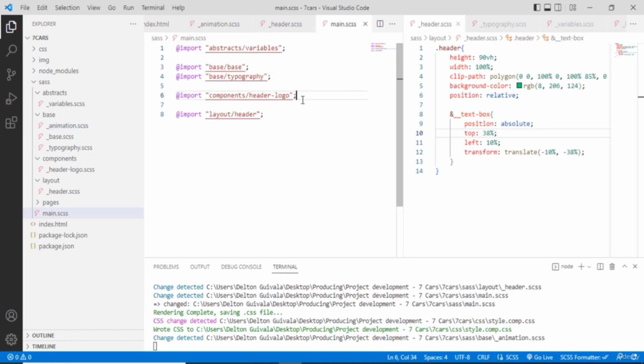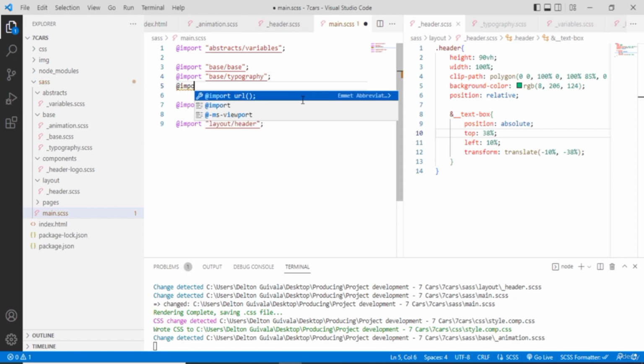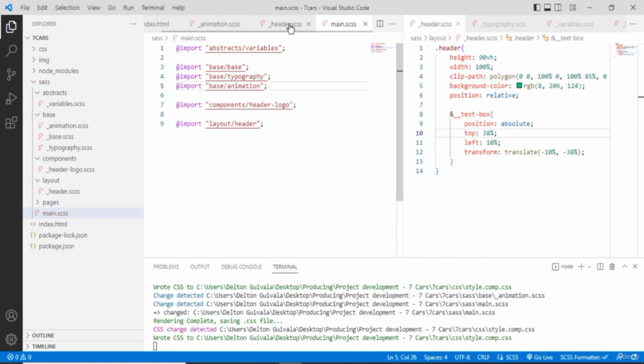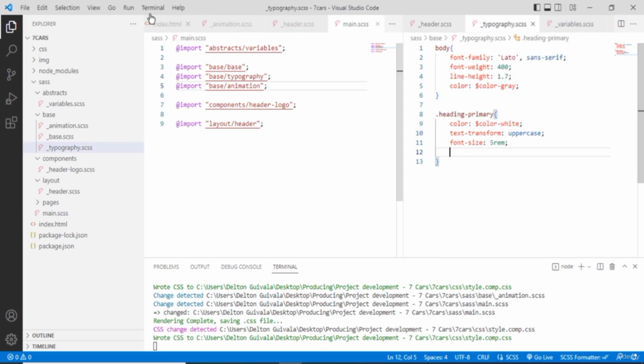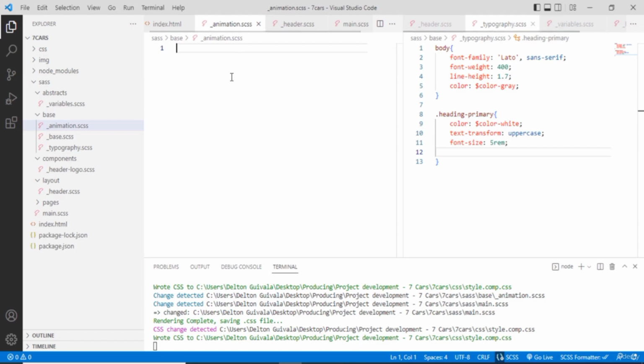You know what? Just to import base, so I'm going to say import base animation. Okay, nice. I have here my typography, heading primary, and I have my animation. How it's going to work? Animations can be made using the transition and transform properties or the keyframes, which are more advanced. Here we're going to be using keyframes, so let's start with